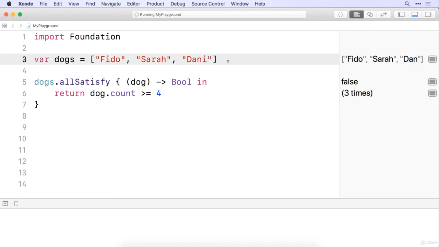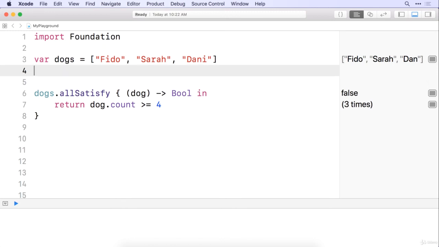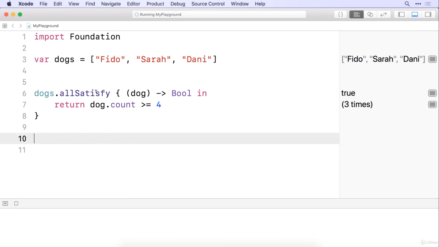But if I switch Dan to be Danny, something like that, all of a sudden that switches to true because that satisfies those requests. Now, this is sort of the long way to do this, and you can really specify. But if you just want to shorthand this a lot easier, you can do the exact same thing by just saying